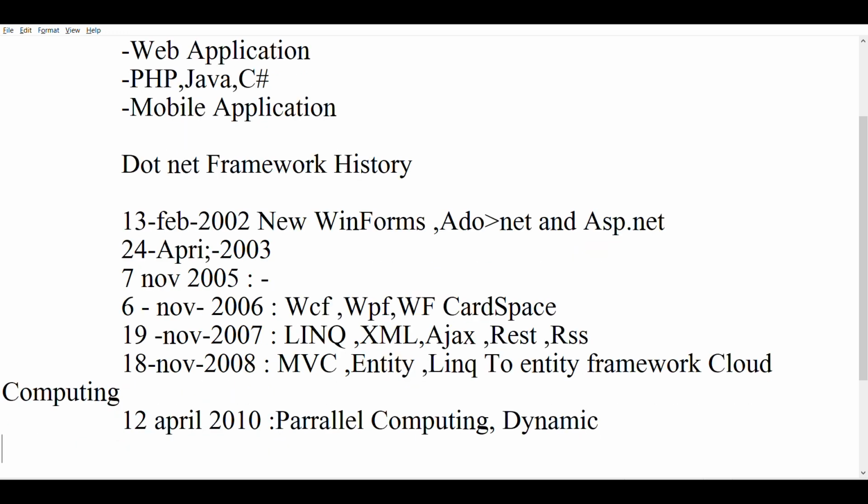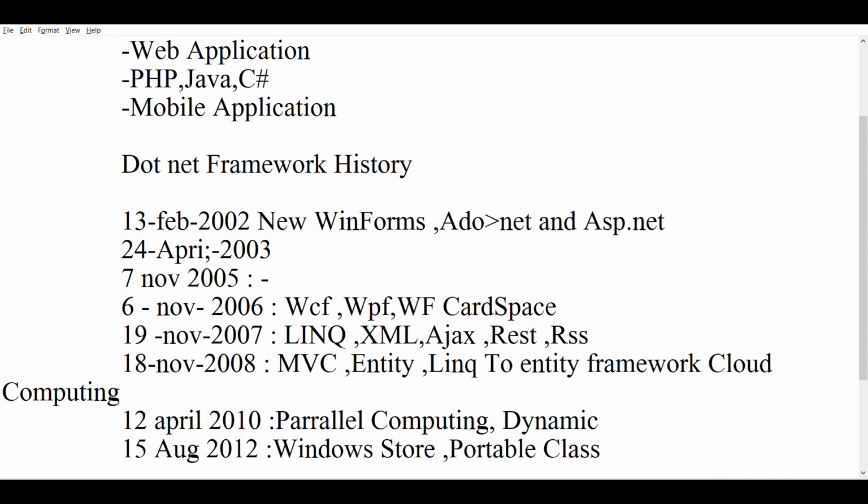The next version of .NET Framework was introduced on 15 August 2012 with features of Windows Store, portable class libraries, HTML5 support,